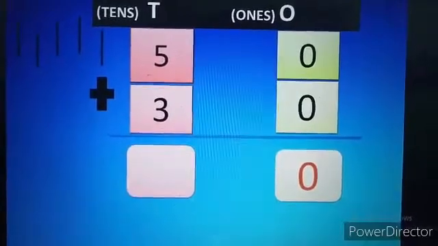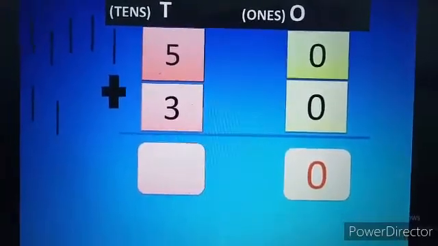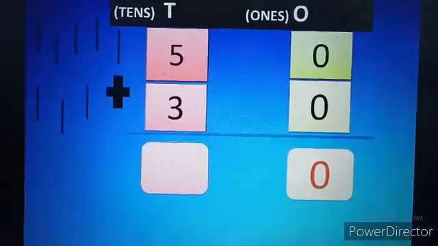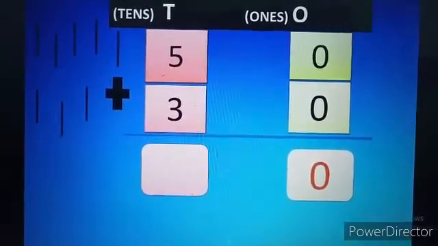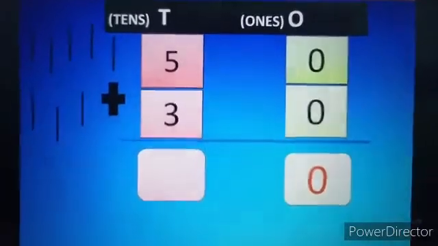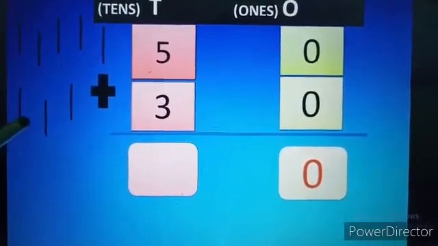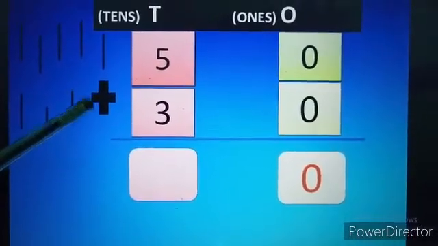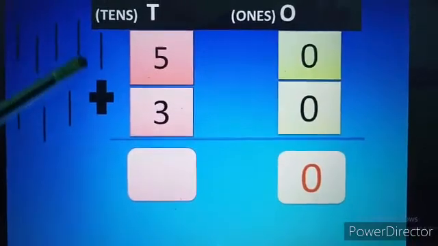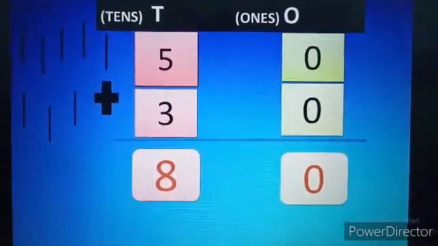Okay. And after that the digit 3 is there. Now draw 3 lines. 1, 2 and 3. Now what do we have to do? The plus symbol is there, which means we have to calculate all together. Now calculate 1, 2, 3, 4, 5, 6, 7 and 8. So how many did you get? 8. So your answer is 8.